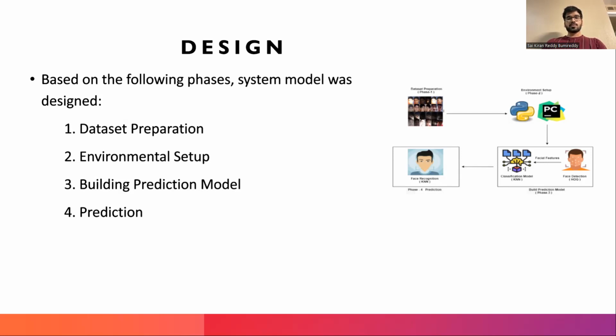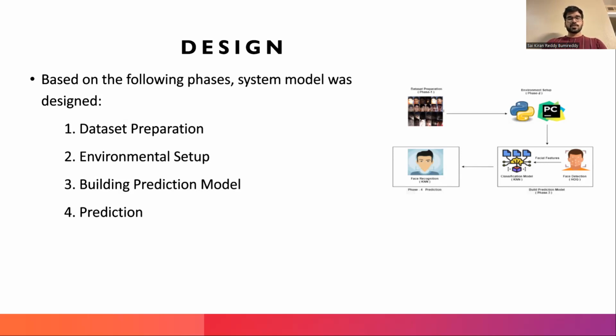In phase four, we will work on a missing child identification system. Here we load the KNN classifier model by using the pickle module. The face detection process will be performed to extract the facial features from the children's images and then pass these features to the predictor module. Then the system will return the missing child information if the features are matched with the training features. Otherwise, it will upload the child image into the portal.